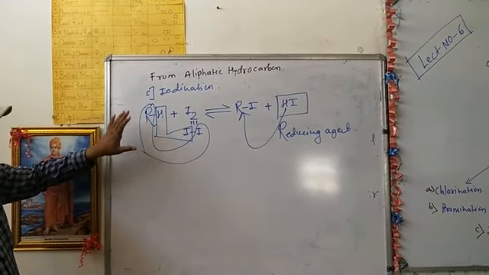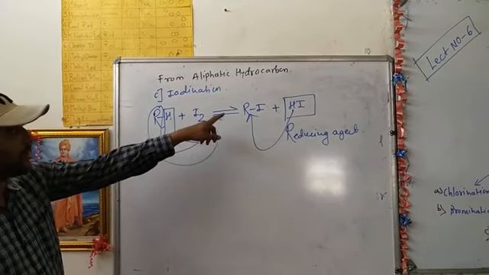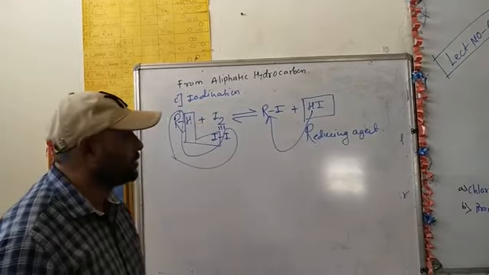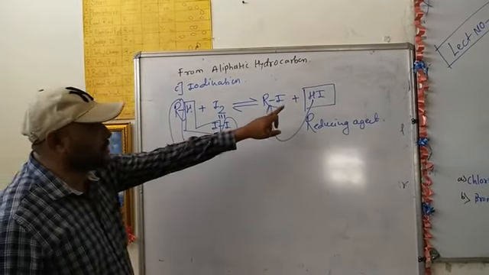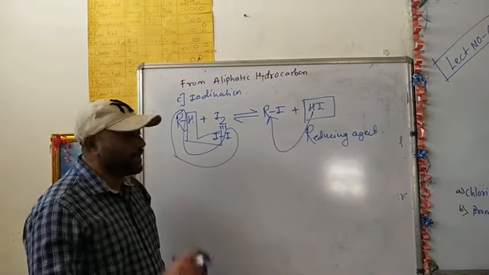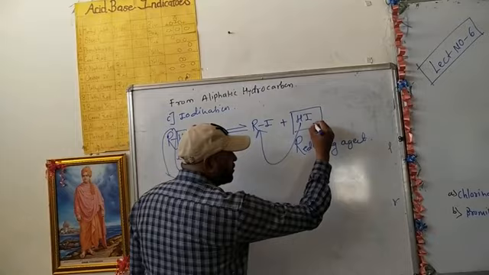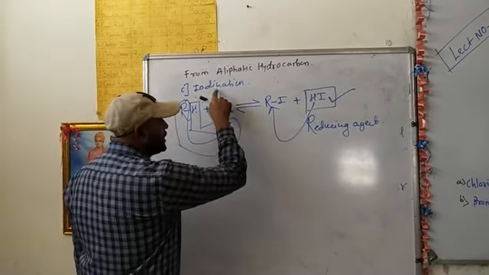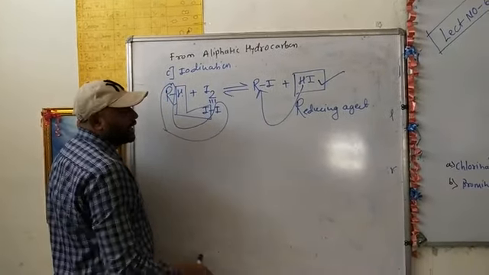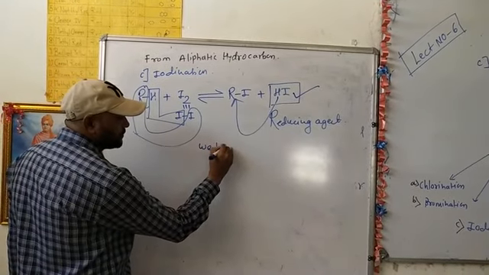That's why the iodination of alkane is not a good reaction to form alkyl iodide. To avoid the formation of HI during iodination, and to avoid the reversible reaction, we have to